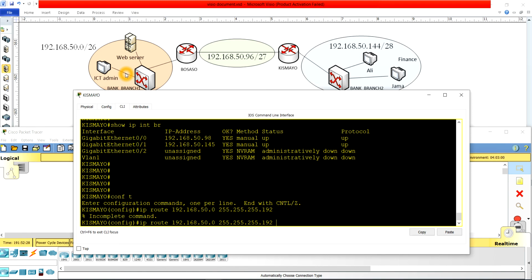Now you have to specify the next hop. Why are you going to send any traffic that is going to this remote network to this interface? Because this interface is closer to the destination network than I am. This interface was .97,